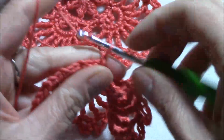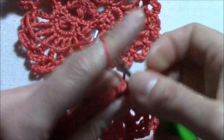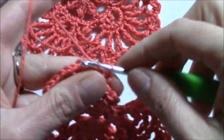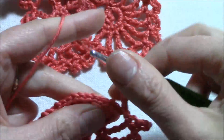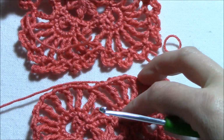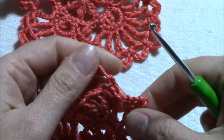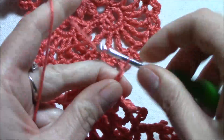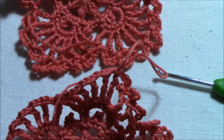third corner. Now let's work the first 3 chain 5 spaces, 1 2 3 4 5, and from this corner we will begin. This is the third. From this corner we want to begin joining on one side, because then it's the same thing. Yes, 1 2 3 4 5. Just wanted 2 more yarn, and